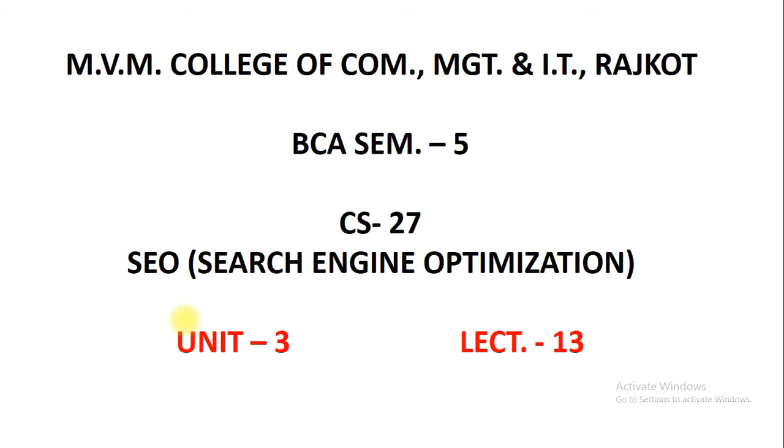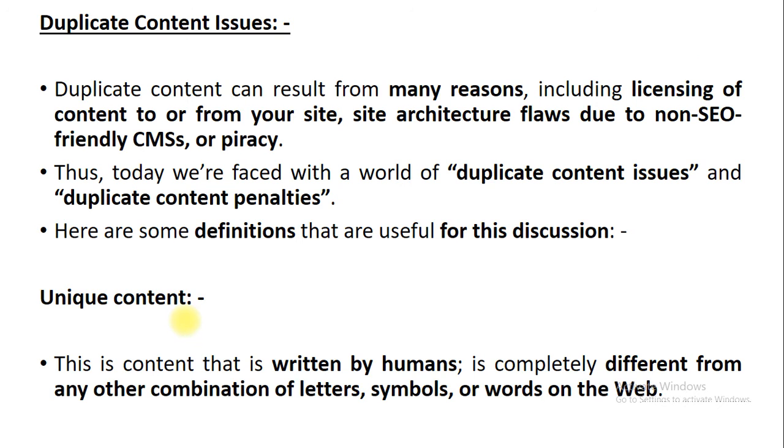So that is all about our previous session, which is based on content optimization. Now let us begin with today's session, that is called duplicate content issues. Now see, duplication means what? When you put content in the website and that content is available on another website, at that time there is an issue which is called duplicate content issue.